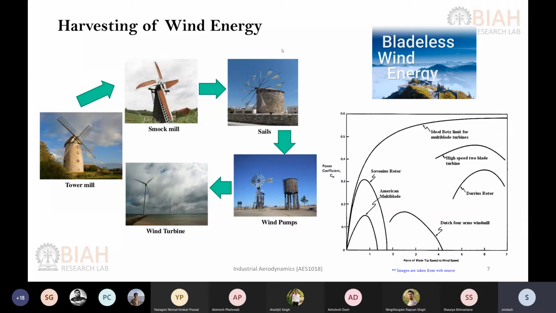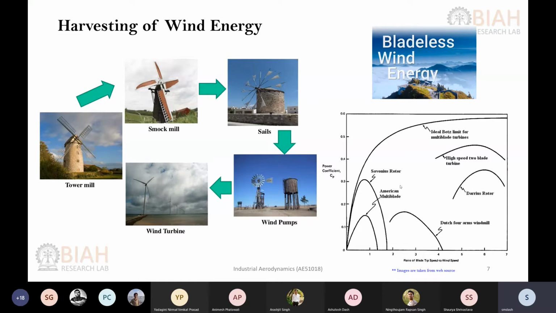So we will be discussing various historical techniques that have been in use, or some of which are currently also in use, for how we can harvest the energy from the wind. Like you know, it's a renewable source of energy, so there are various ways people in the old days had already thought about. We'll be reviewing that, and we'll also be going into the details of the modern wind turbine and seeing how the performance has improved over the years.